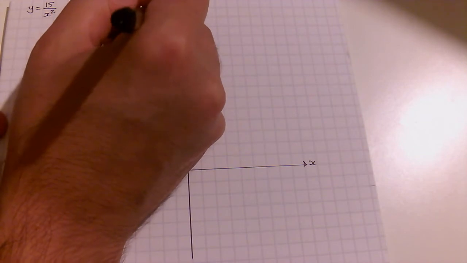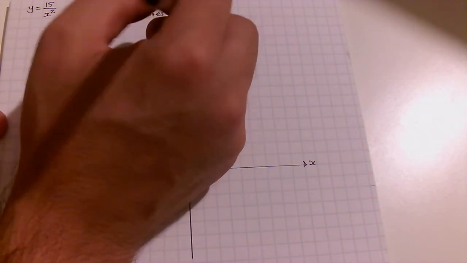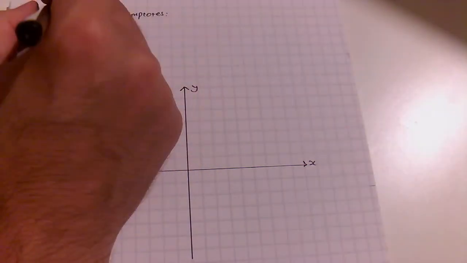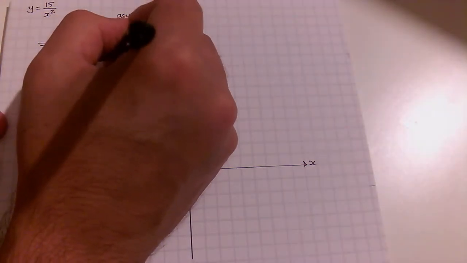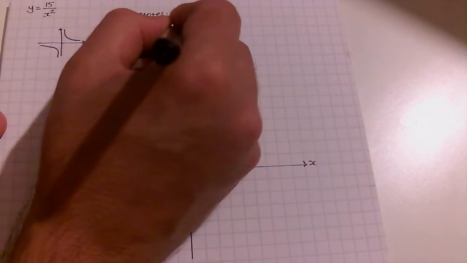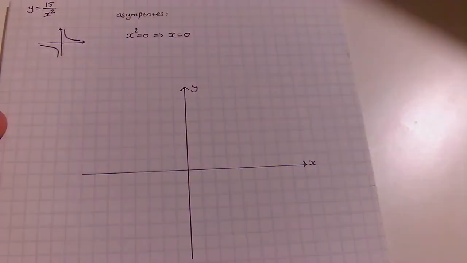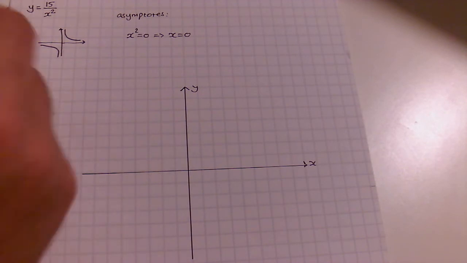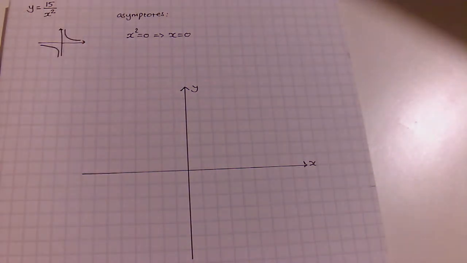One of the most important things in reciprocal graphs is that we need to work out the asymptotes. One of the asymptotes should definitely be the root of the denominator. x squared equals 0, therefore x equals 0 is one asymptote,